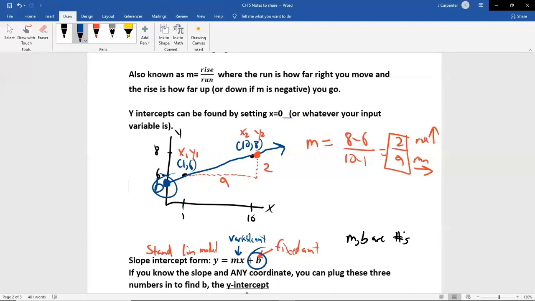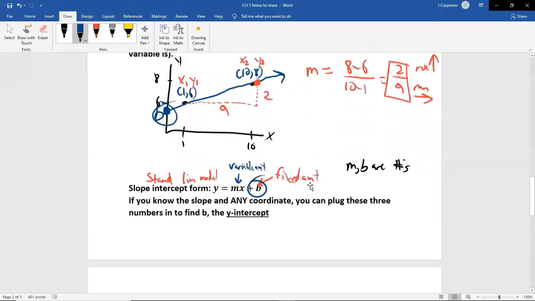Now, some people might say, well, Mr. Beckner, don't you need y minus y1 equals m times x minus x1? Sure, you can do it that way. If this was a traditional algebra class, that's the way to do it. If you still remember that way, you can do it that way, but I'm not teaching it that way because it's not really a quantitative reasoning way of doing things. We're just trying to stick to one idea, this variable amount plus fixed amount, and use it in as many ways as possible, just like we were doing with proportions and other things in chapters 3 and 4.